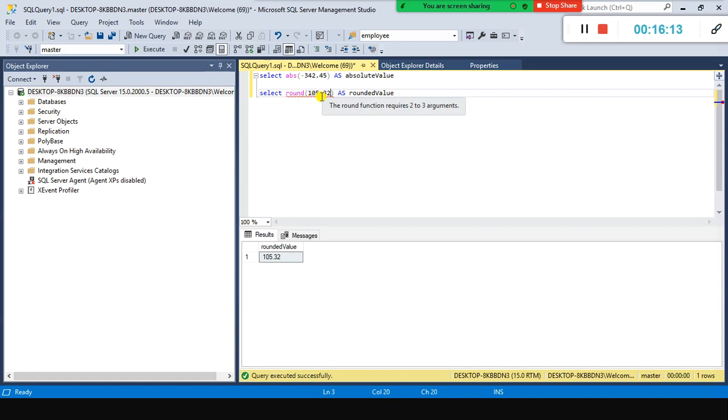That means at the maximum it can take 3 arguments, but in this example we have used only 2. With this, we could see that 105.32 is fine. The second parameter is the number of decimal places, right? So it rounds a number to the specified number of decimal places. Since we specify 2 here, it rounds the number to 2 decimal places.